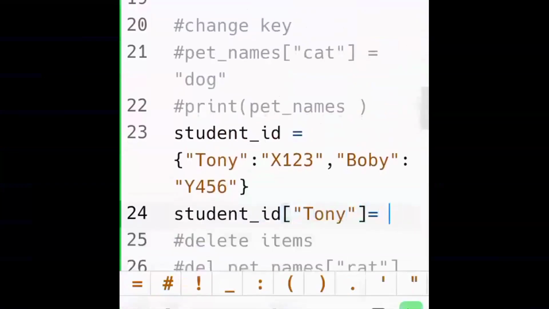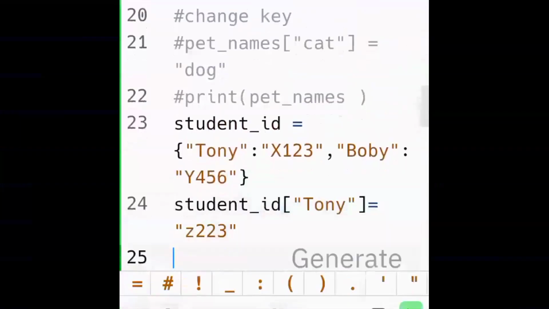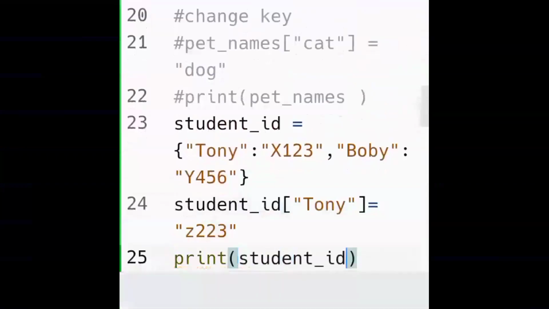So, Tony. I want to change the value. Here Tony is the key. I want to change its value to XZ223. And then I print student ID. Let's see what happens.